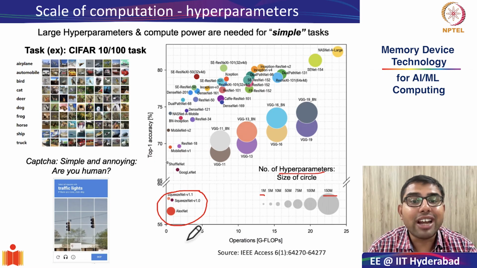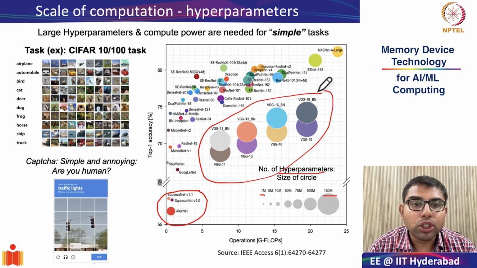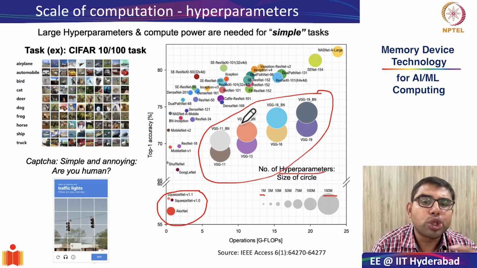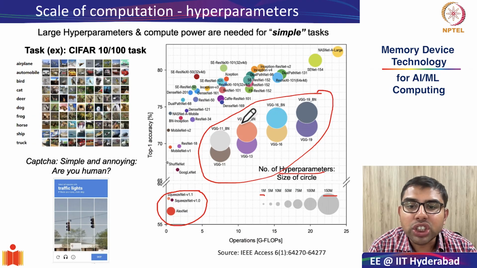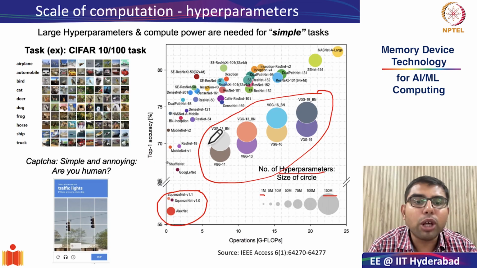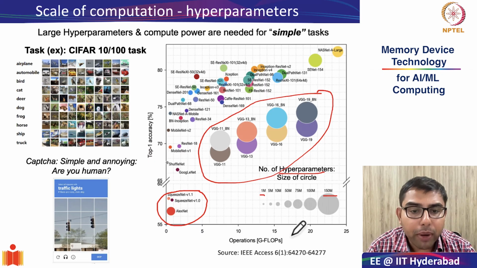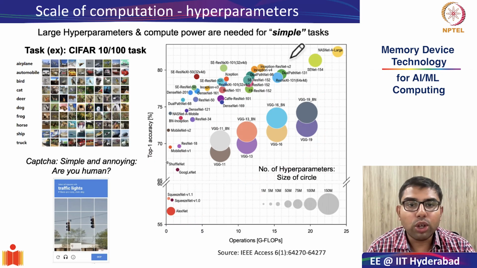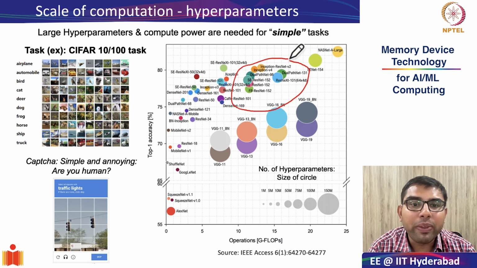The next generation of CNNs were the VGG networks. So you had VGG 11, 13, 16, and so on. And the idea was very simple. Can we increase the parameter space, deepen the neural networks, and achieve better performance? Of course, you do achieve slightly better performance, but it is not commensurate with the large increase in the parameters and the number of operations per second. Now, the third generation of neural networks were networks such as DenseNet and ResNet.